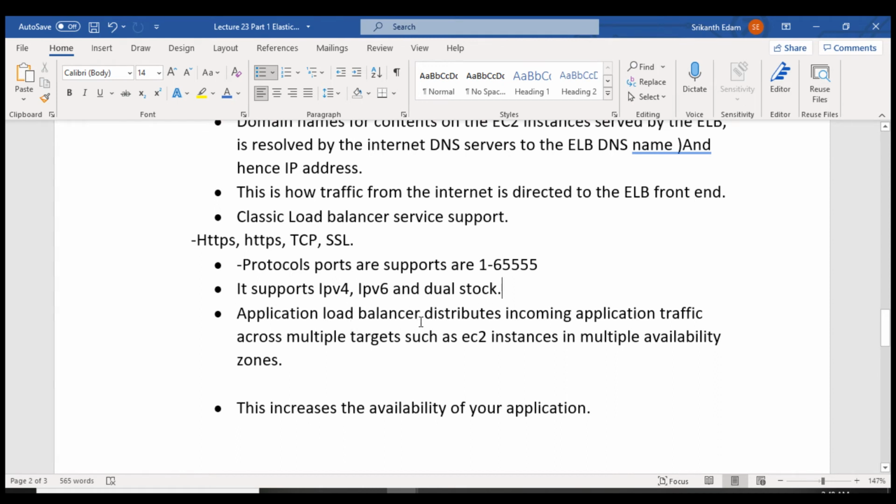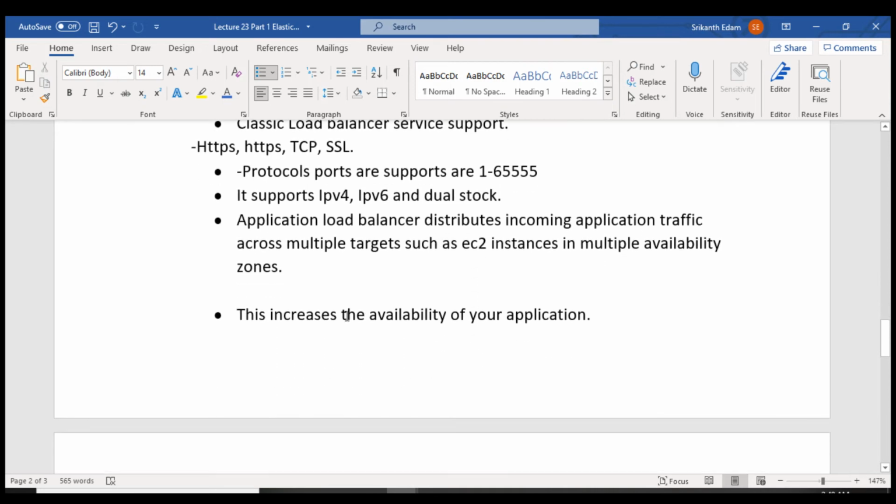Application load balancer distributes incoming application traffic across multiple targets such as EC2 instances in multiple availability zones. So application load balancer will distribute the incoming traffic across multiple EC2 instances which are present in availability zones. So by this it will increase the availability of your application.